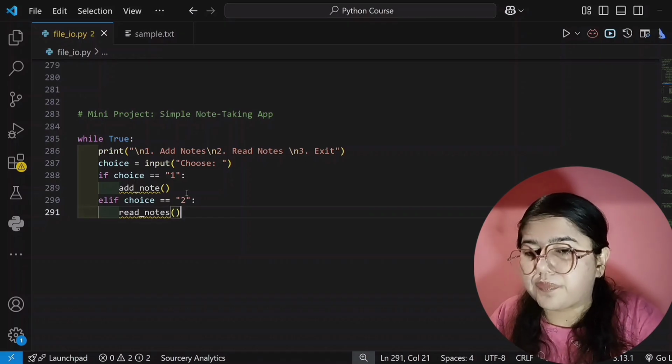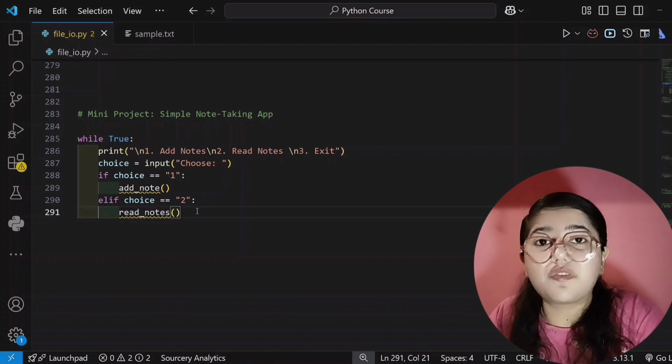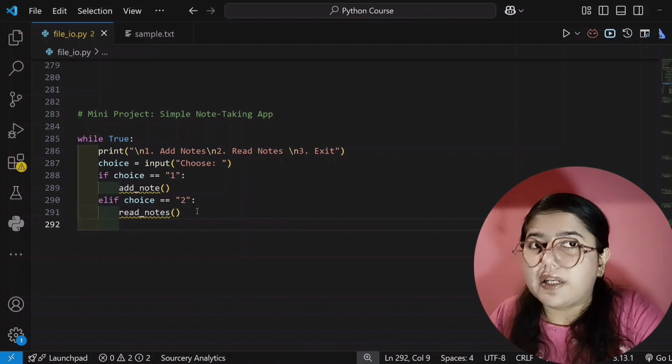Okay, and this is also our second function, which we will create for the read. Here we will write the logic for read. Right. Now the third is,